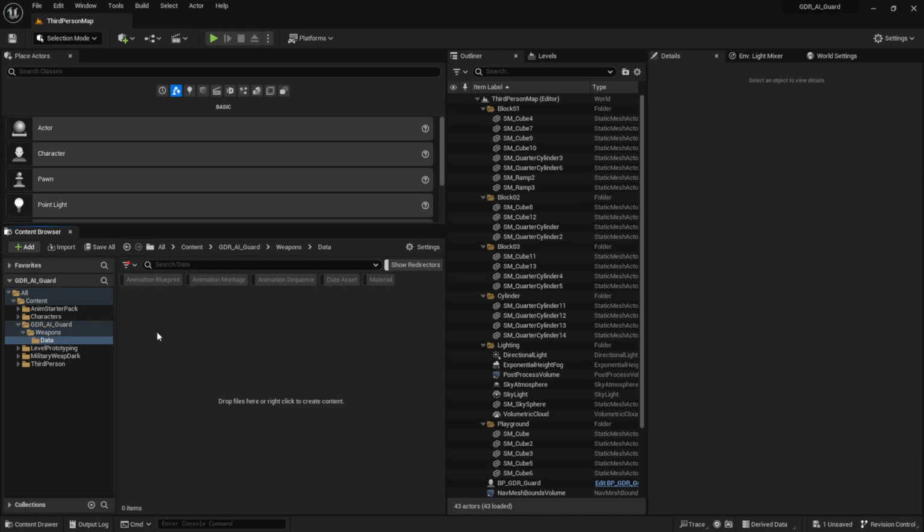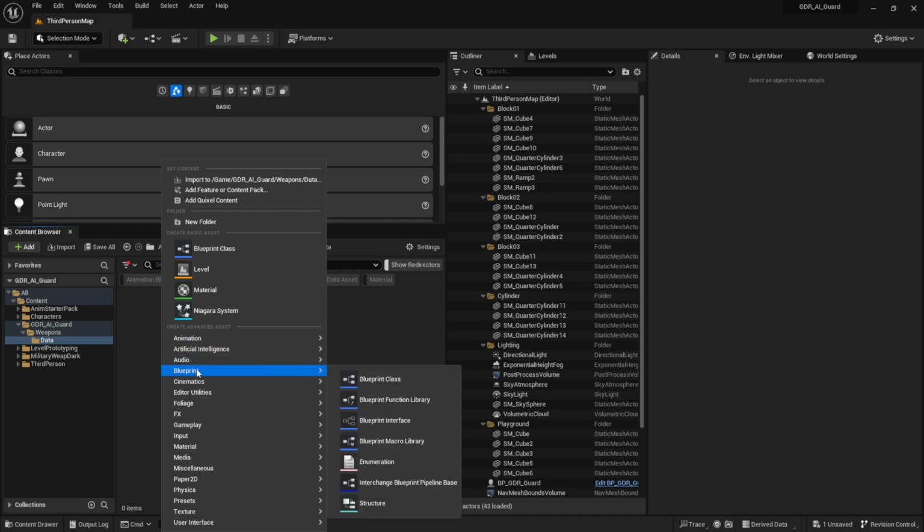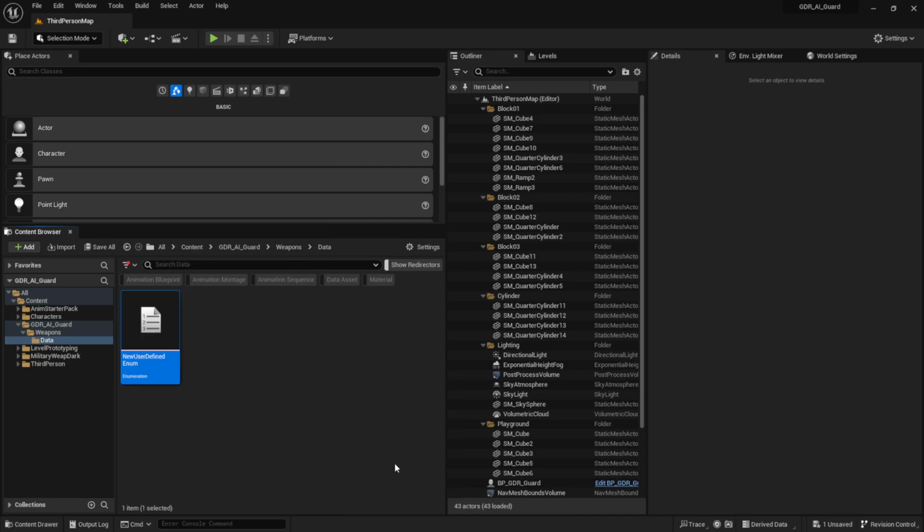So let's open up the data folder, and in here I'm going to create a new enumeration just to keep things a little bit cleaner, and we can use the switch on enum nodes in the blueprint. We could use a few booleans, but this is just a little bit cleaner. So let's call this our enum AI weapon types, for example,